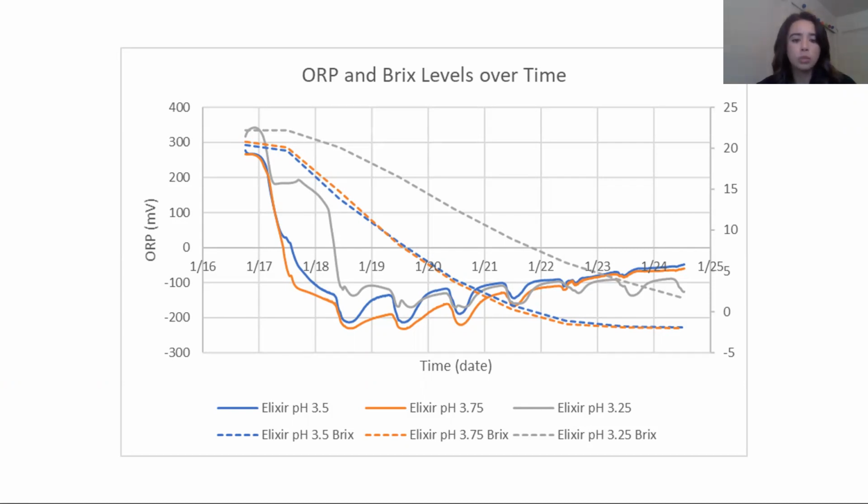The two at the higher pH were pretty comparable. They were both healthy, quick fermentations. And then we see this difference with the one at 3.25. The fermentation was sluggish, as we see in the beginning. There's this hesitation before it drops to its minimum, and its minimum is much higher than the other two. The low point it gets to is about -150 on day 4 or 5, while the other two are -200 by day 3. So again, if we were monitoring fermentation with redox curves, we would have seen on day 2 into 3 that there would be something wrong, since we see this plateau in redox.